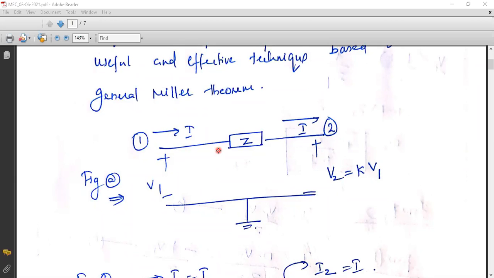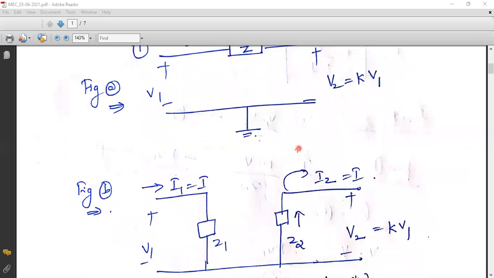A simple circuit, isn't it? What is the equation for current? Potential difference divided by resistance. Yes, now you can tell me the equation for I. Santosh? Sir, V1 by Z, sir. Then what about V2? The same current I is coming towards 2 also, right? That is, we have the potential difference across Z, which is equal to V1 minus V2. At one end, we are having V1, the other end, we are having V2, isn't it? So potential difference is V1 minus V2 divided by Z, sir.